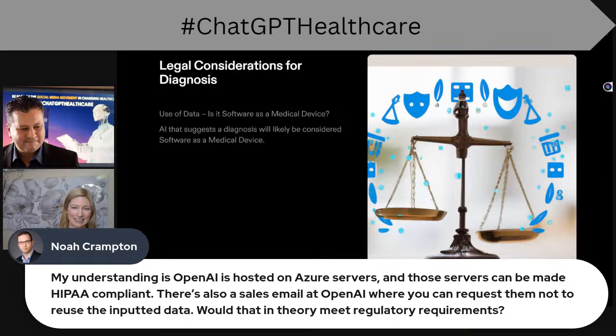It depends. First of all, I don't know specifically what the situation is with OpenAI servers. I haven't looked into that. But if the company providing the AI is able to silo that information away from the rest of their model so that you're not having data that's entered go back into the system and be regenerated somewhere else, that's important. And then you would also need the company providing the AI to adhere to all the data security requirements that come along with HIPAA, assuming that this is being used in a HIPAA setting